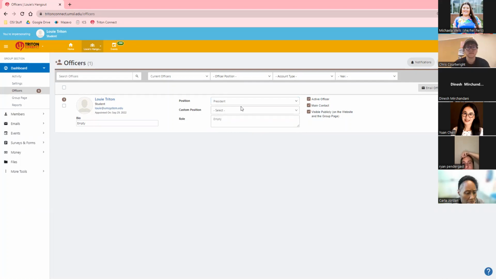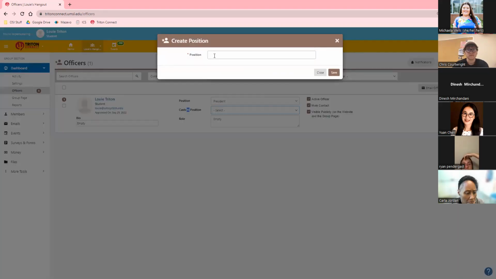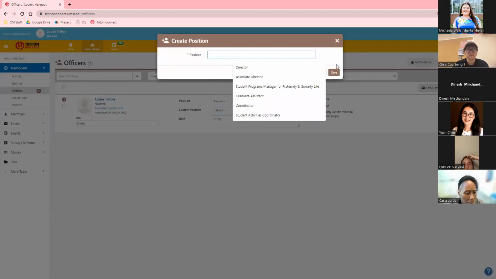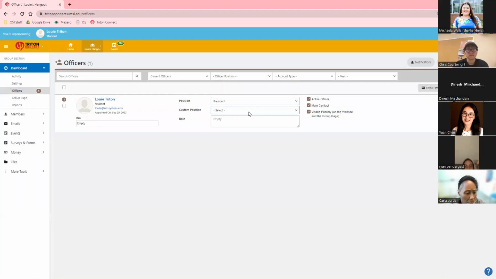Or, which is helpful for a lot of the faculty and staff that we have in the departments we have, you can create a custom position. So to do that, you would click this custom position, you would click select, create new custom position. You type the title here, click save, and then it would pop up right here where it says select. It would pop up